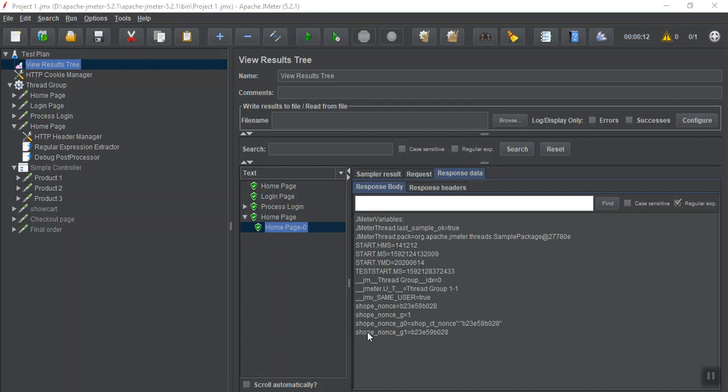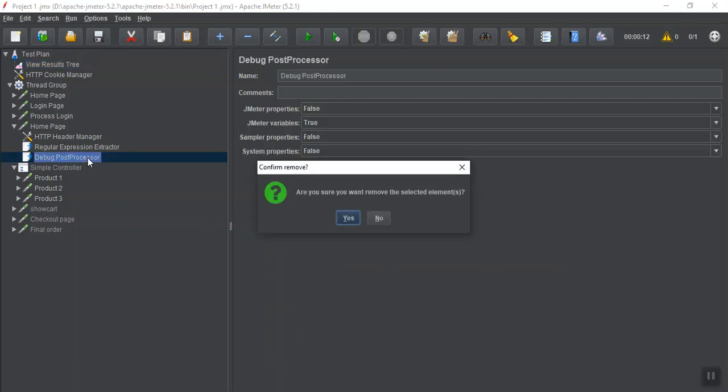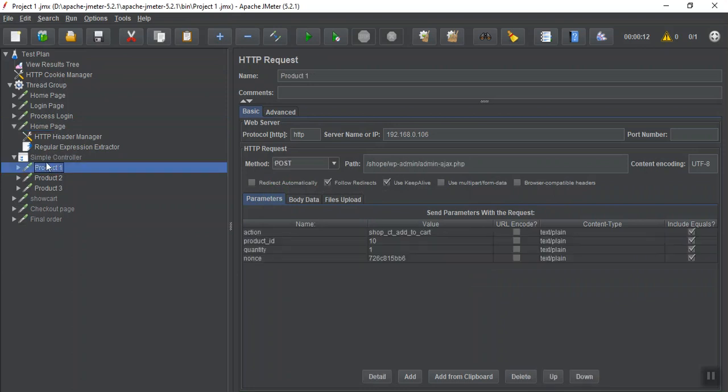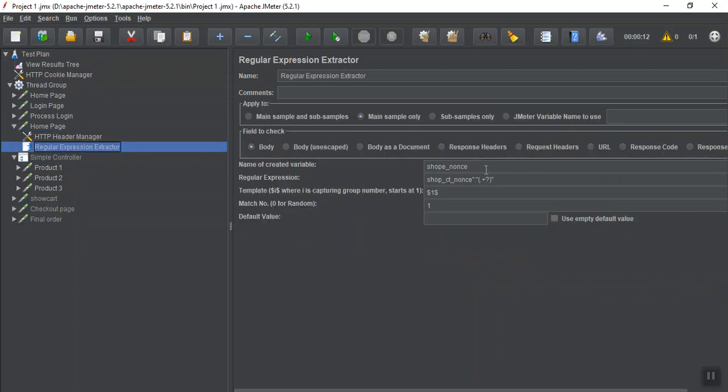Okay, so it got extracted, looking good. You need to provide that regular expression value there. So do one thing, now just remove it. Go to your product and take your variable name, shop nonce.